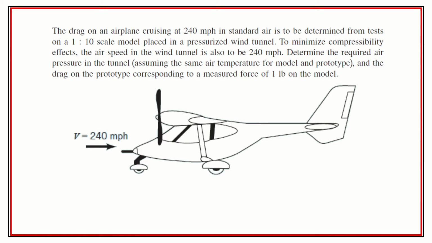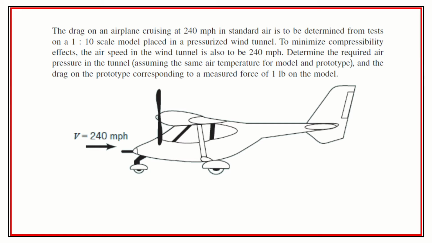Okay, so continuing on with class 16, here's another example. We have drag on an airplane that's cruising at 240 miles per hour in standard air, and it's determined from tests on a 1 to 10 scale model in a pressurized wind tunnel. So we're going to have a pressurized wind tunnel, and we want to minimize the compressibility effects. We're going to use an airspeed that's the same, so the velocity will be identical from the scale model to the real